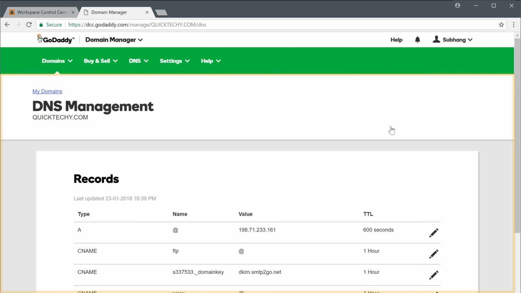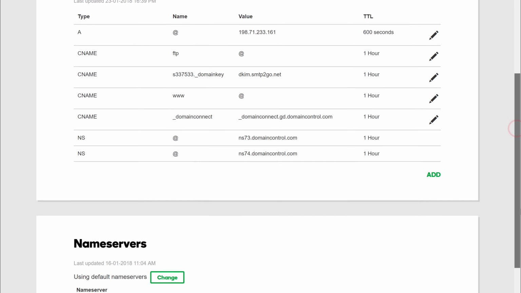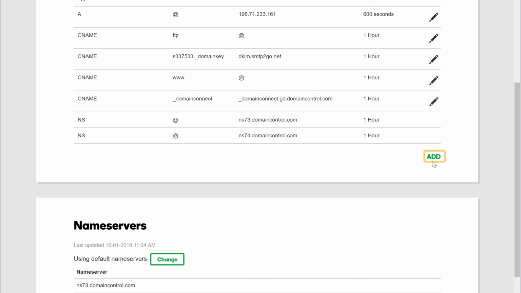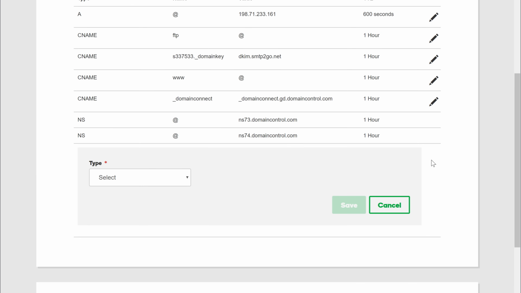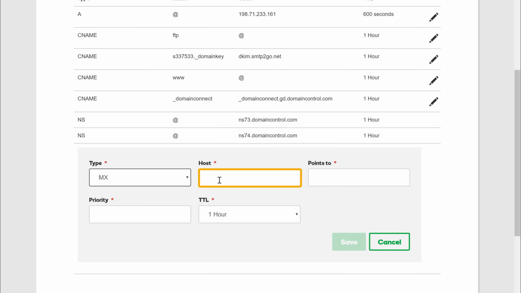So we're going to add our MX records on this page. Let's scroll down and click Add. And choose the type as MX. Now in this field, just type at. And now we need to copy paste the correct server settings in this box.